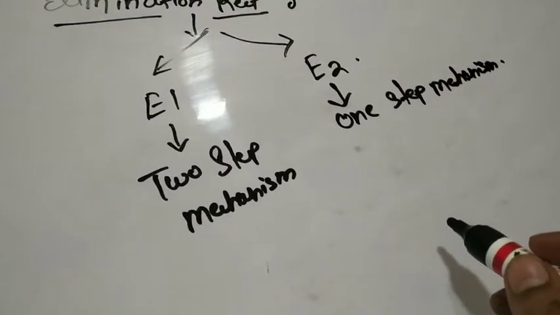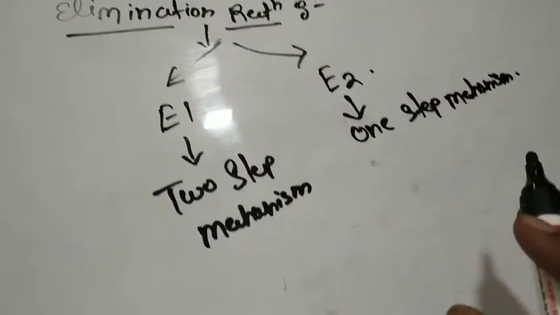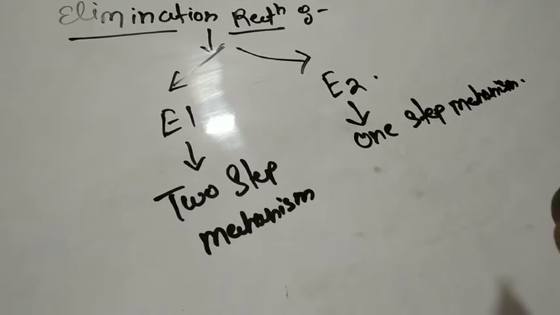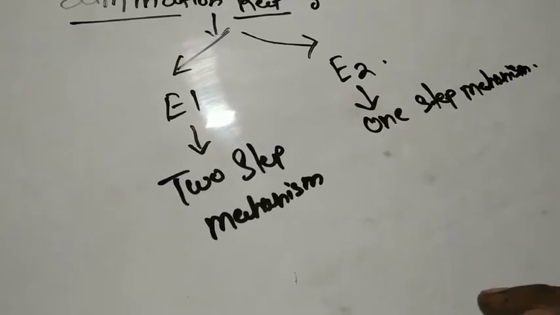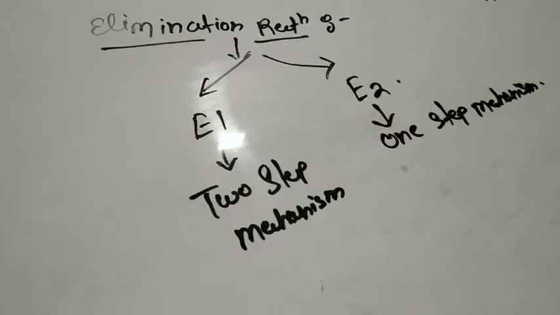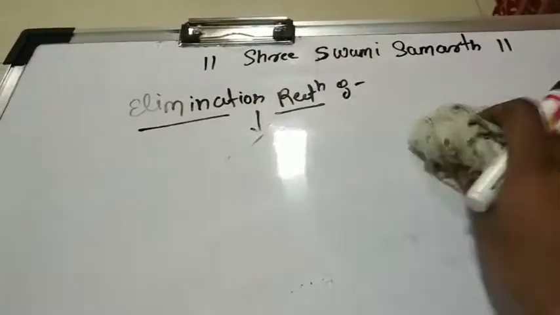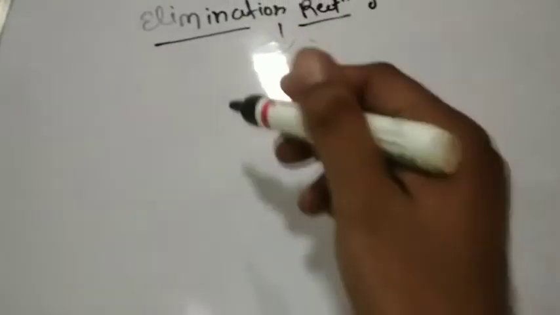So there are two types of reaction, but it is not mentioned in your textbook. For 12th standard, they have only given a single reaction, that is the elimination reaction, right? So we will see what exactly happens in the reaction. Okay, so how does the reaction take place? See, this is,